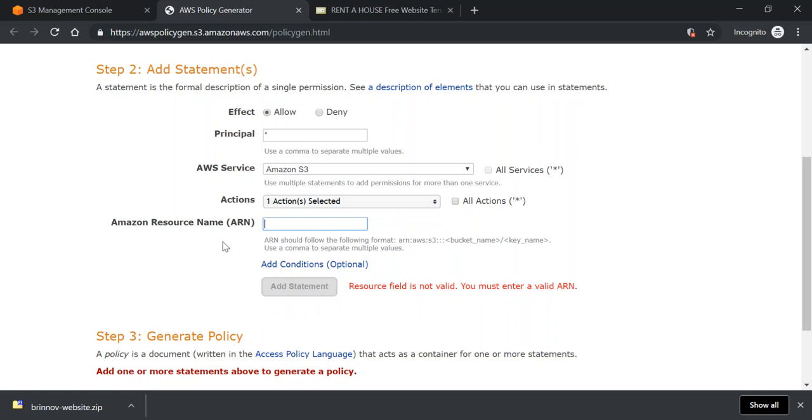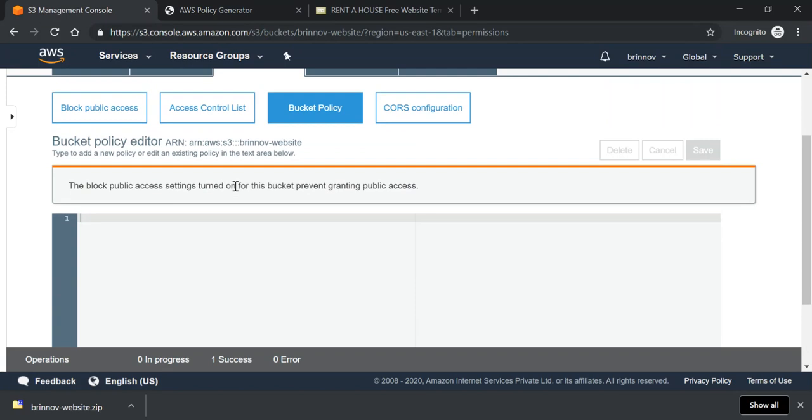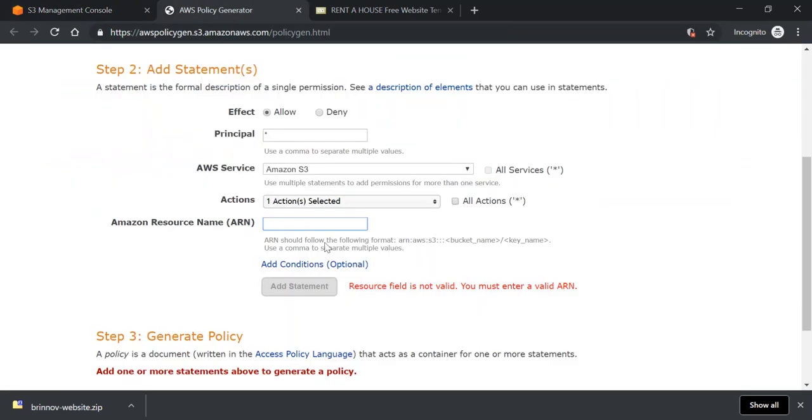I need to give the Amazon resource ARN, so users are going to access all the contents inside this S3 bucket. This is my ARN for this S3 bucket.